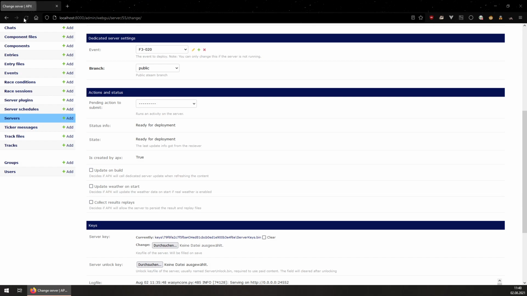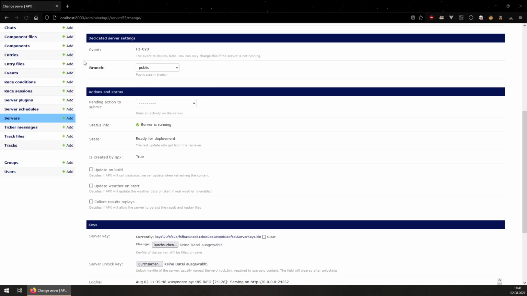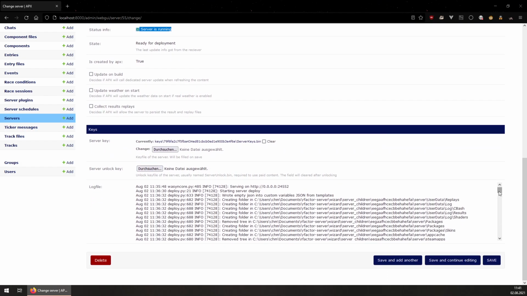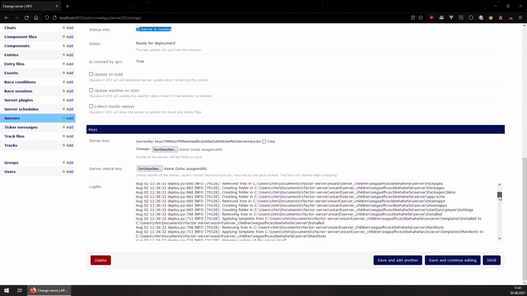But if we refresh this page a bunch of times, we can see that the status info field will soon switch from ready for deployment to server is running. As it's happened now. And also you can see at the bottom of the server information the mentioned log file,